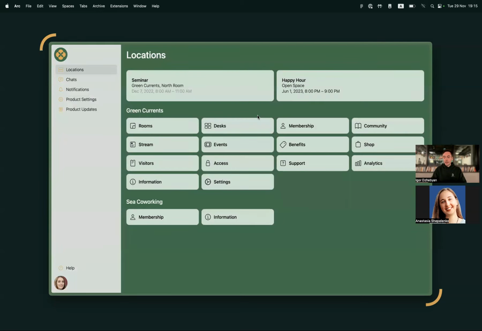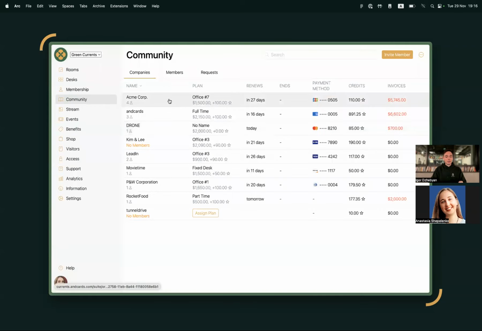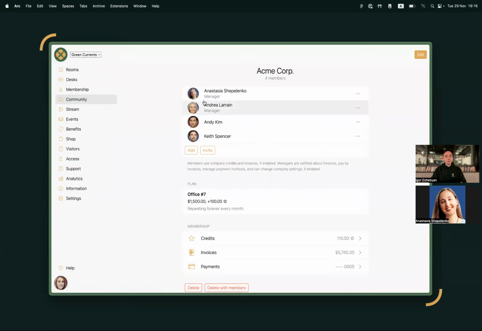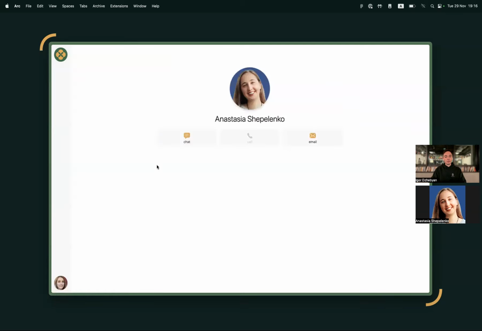How to add the chat with administrators to the info page? As I already described to you, the first step is to copy the profile URL. You can find it if you navigate to companies and open the user from a company. This is the easiest way to find it. If you open the user from the company, you will land on this profile page that doesn't have all the location-specific information, like the membership plan and activity. Copy the URL to this page,